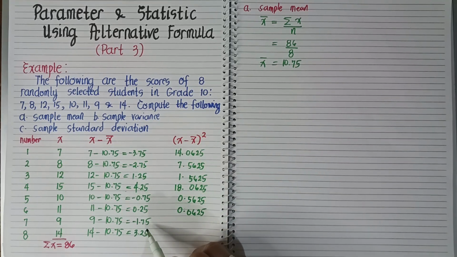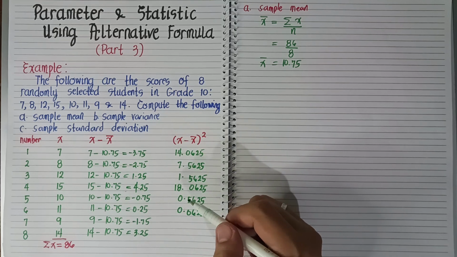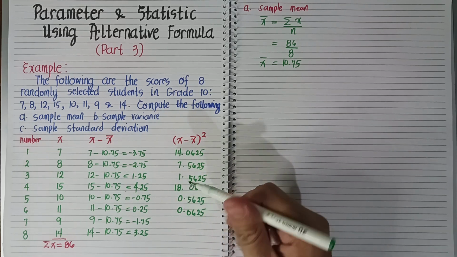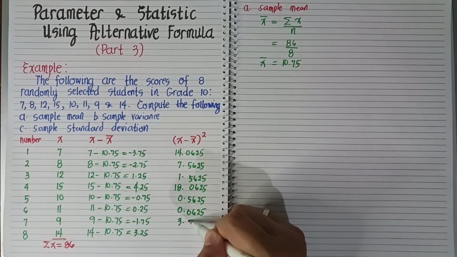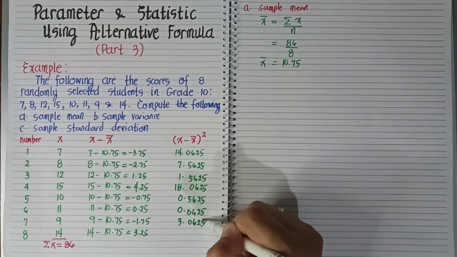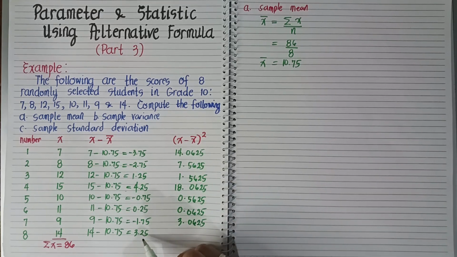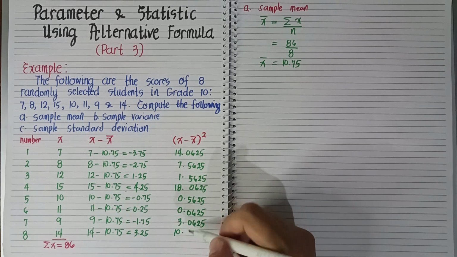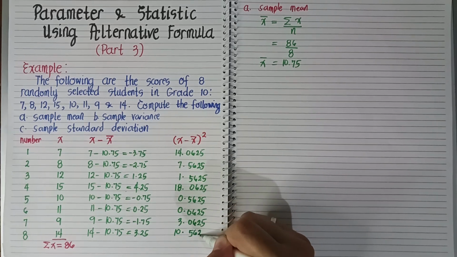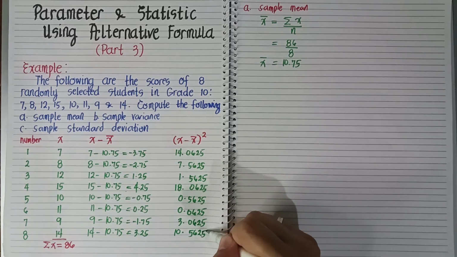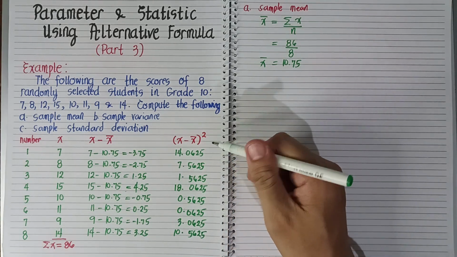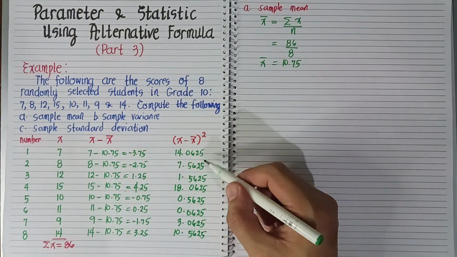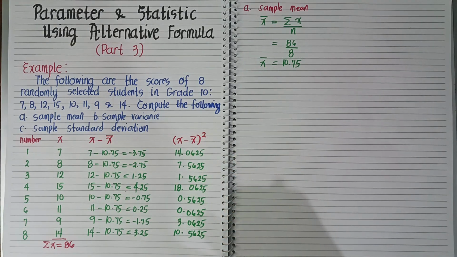And then negative 1.75, that is actually equal to 3.0625. And last, 3.25 squared, that is 10.5625. Okay? So guys, dito, after natin makuha ito, ang gagawin naman natin ay, very good, we need to get